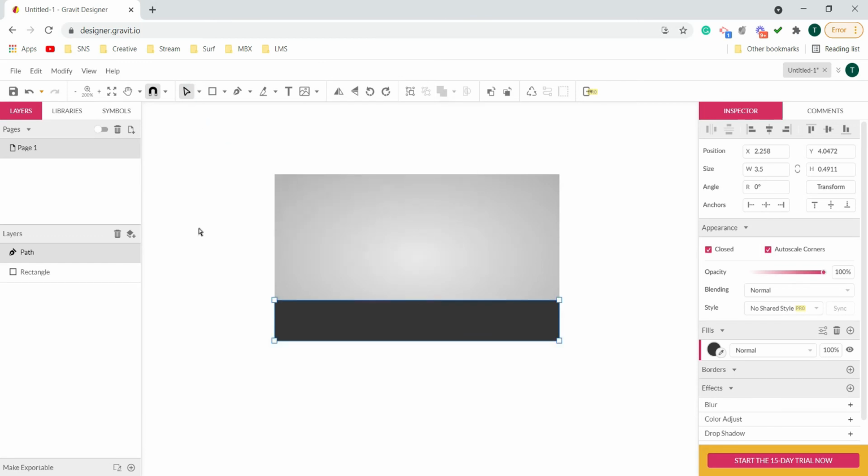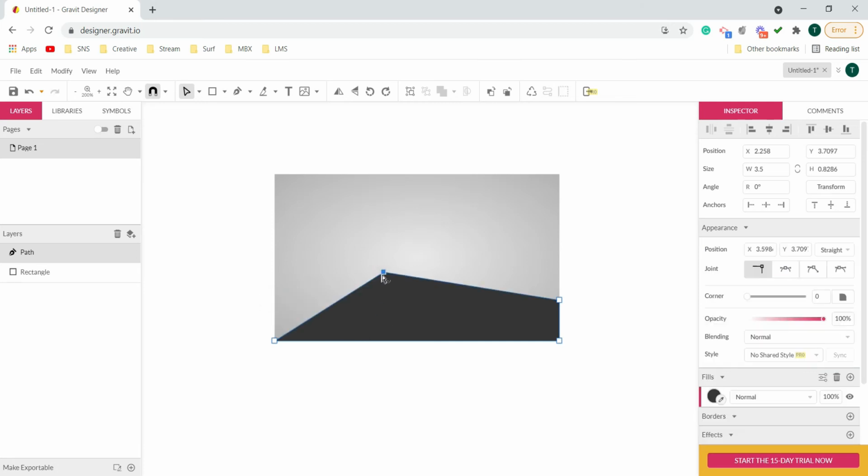Now with the subselect tool, we have the option to select particular nodes of any shape. Earlier, as you can see, even now if I try the pointer tool, I cannot select this point. From here also I can only rescale the shape. So obviously with the pointer tool it is not possible, so I will change to the subselect tool. But even with the subselect tool, it is only possible to change any single node once I have done convert to path.